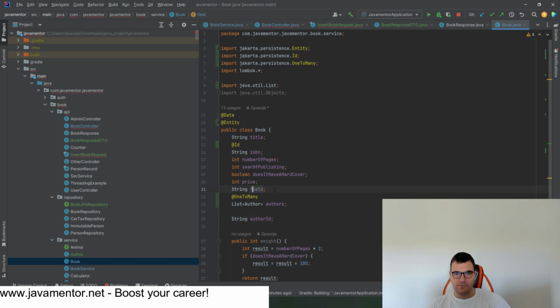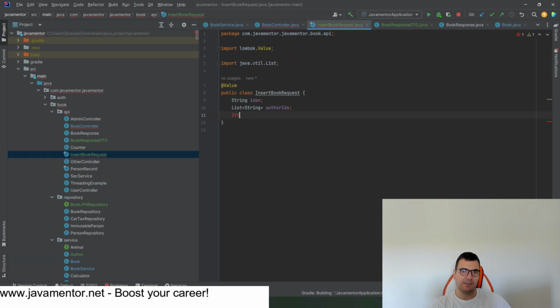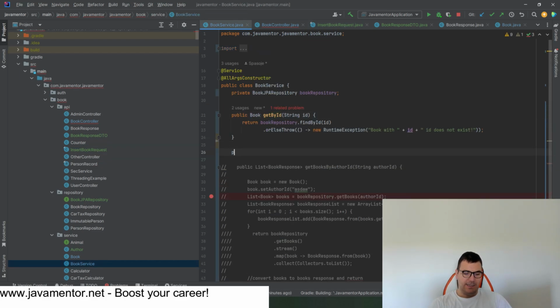Okay, we have some field here. I'm not sure what that is all about, but let's say just number of pages. That's the last important thing. So number of pages, and that's enough. We only want to add those three fields. Inside book service, we want to have one public void save method,